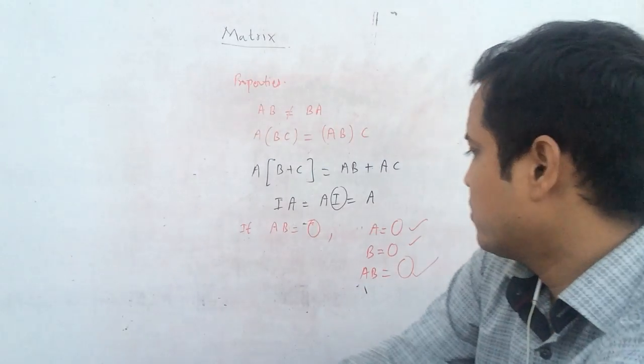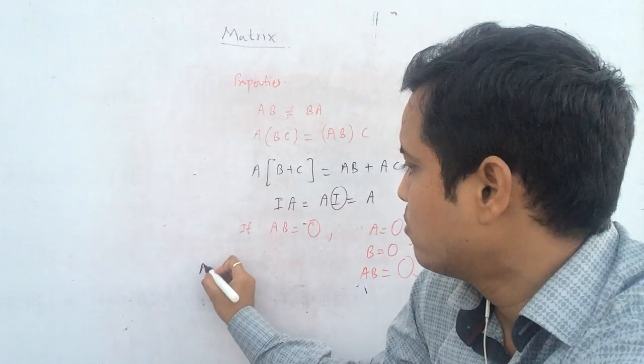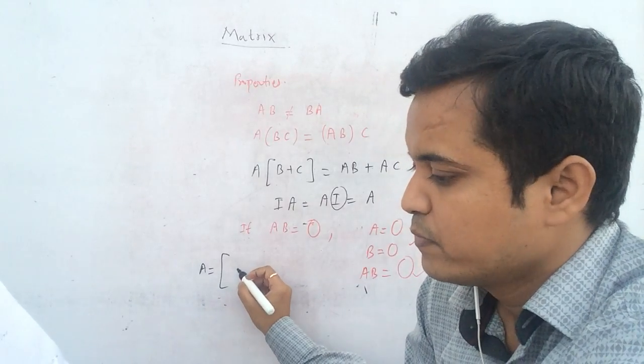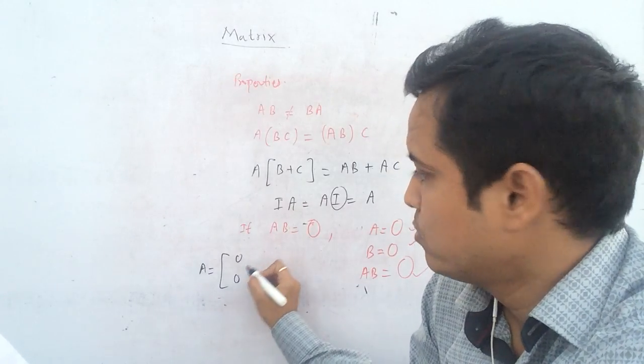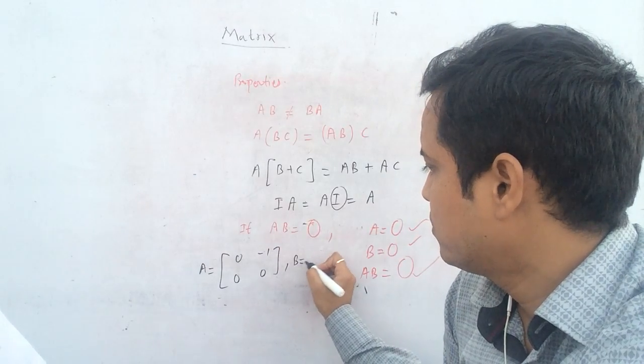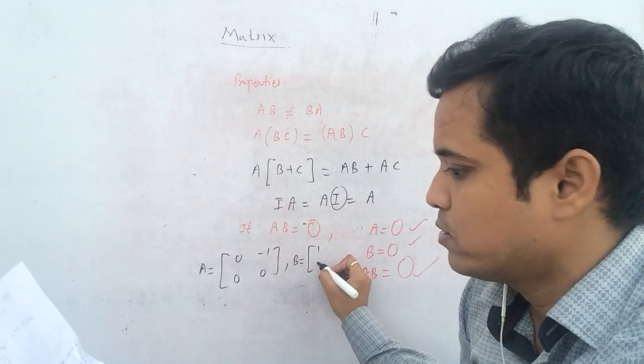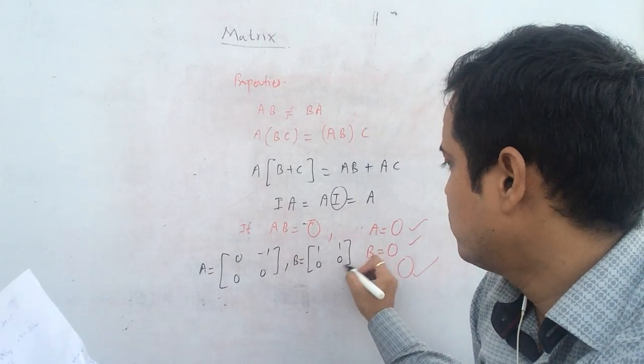So to support this I can give you the example here. I have A equal to 0 0 minus 1 0, B is 1 0 1 0 1 0, and